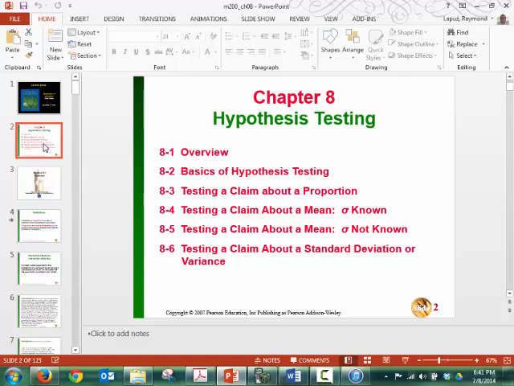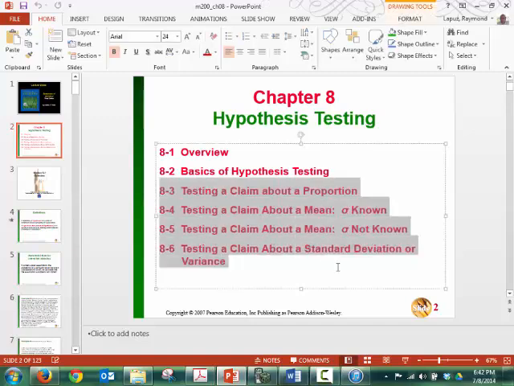So, Chapter 8. We're on Chapter 8. We're going to discuss hypothesis testing, which will lay the groundwork for the rest of the semester, where everything else we're going to do is hypothesis testing. And we're going to go over basically the hypothesis test equivalents of the confidence intervals that we've done in Chapter 7, except we're going to preclude